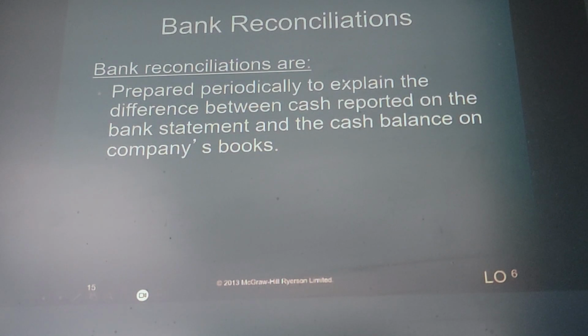What's the goal of it? To explain the difference between the cash reported on the bank statement and the cash balance on my books. Okay, meaning